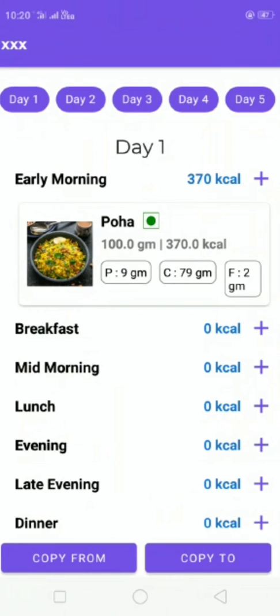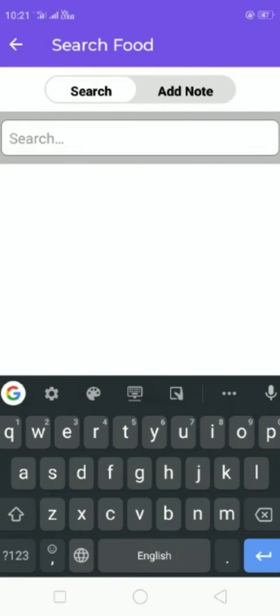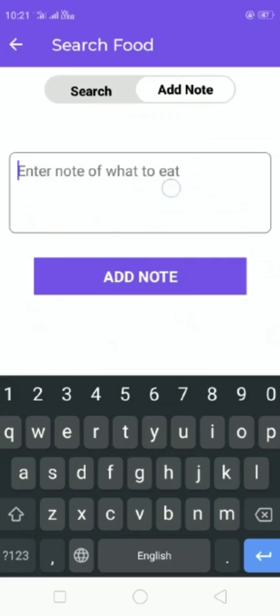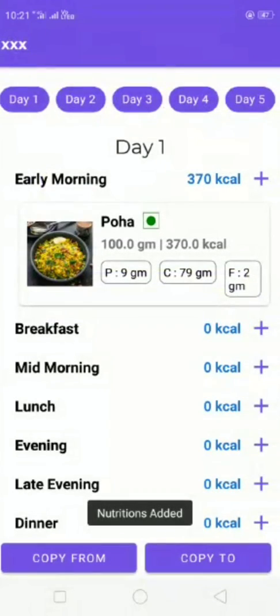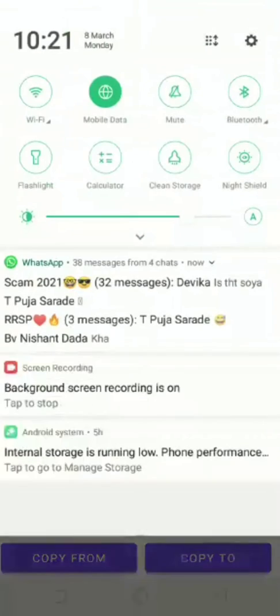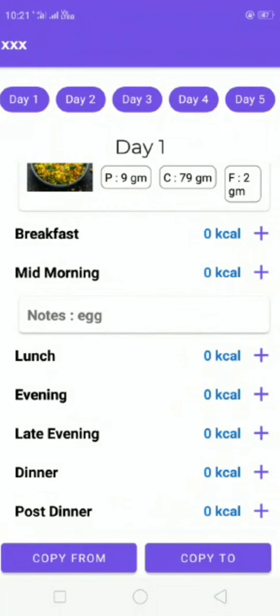But if you want to add something, you can add it by clicking on the add note button. Like egg is not here right now, then you can note it. Add note. You can edit it, and you can delete it also.